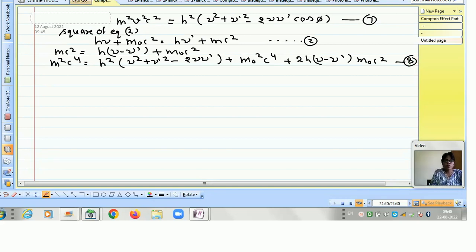Now subtract equation number 7 from equation number 8. So equation 8 minus equation 7. So let us subtract it. So what will happen? It will be m square c to the power 4 minus m square v square c square is equal to h square, and then nu square plus nu dash square, and here again we have nu square plus nu dash square, so these two will get cancelled, and then we are left with